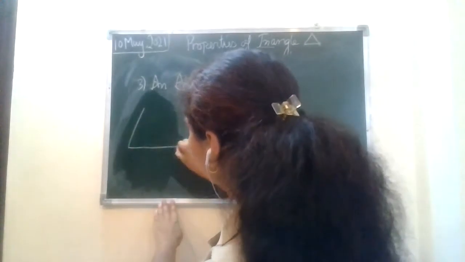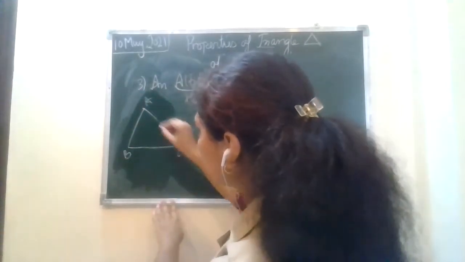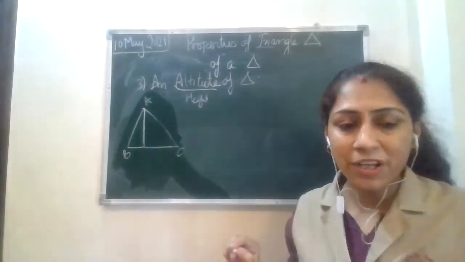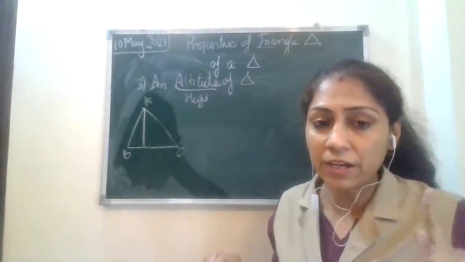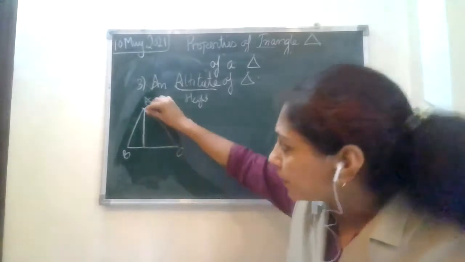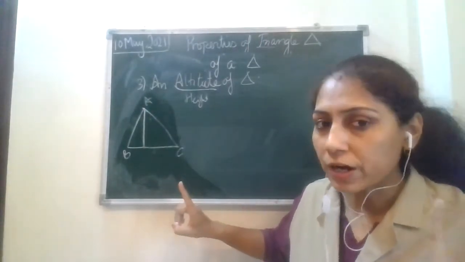This is a triangle. I can make any sort of triangle, right? So A, B, C. So this is the height. On seeing the triangle, can you say it is a median? No. So don't get confused. The meaning is, median is where the midpoint comes somewhere here. It is used to show the midpoint. Median is not a height.